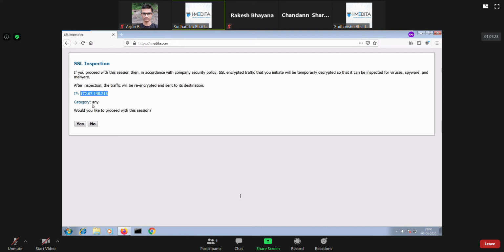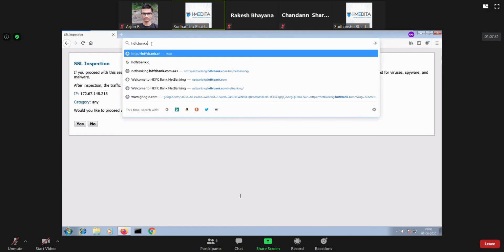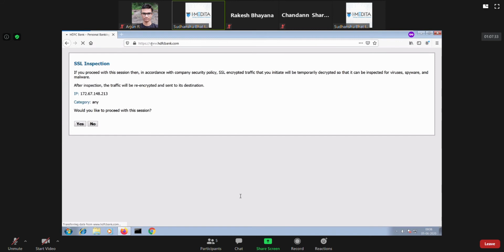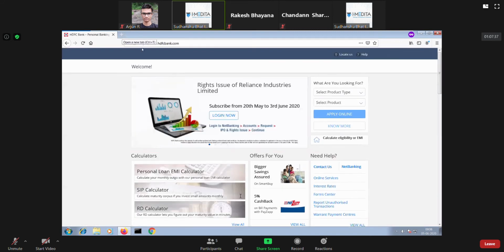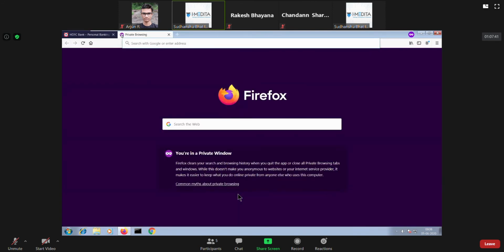In some cases, it will show the category of the actual website. Like this won't be displayed for hdfcbank.com because in that case we are not decrypting it, right? So category is for the website category.